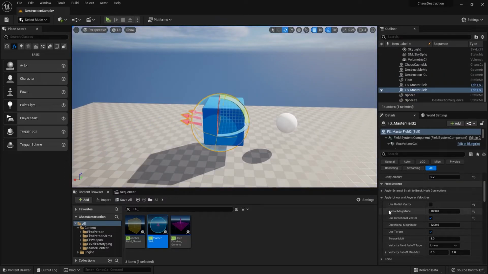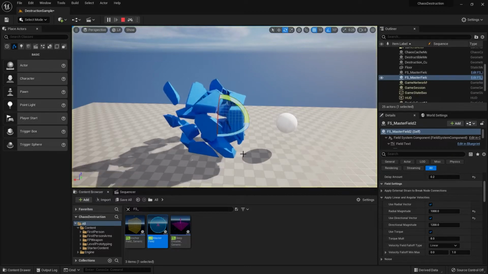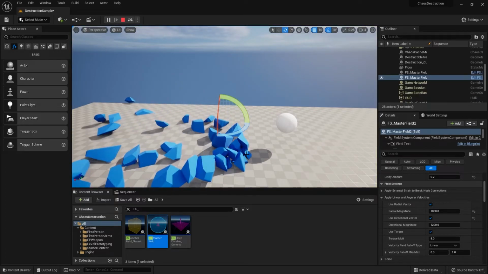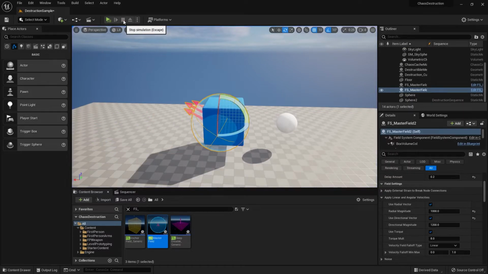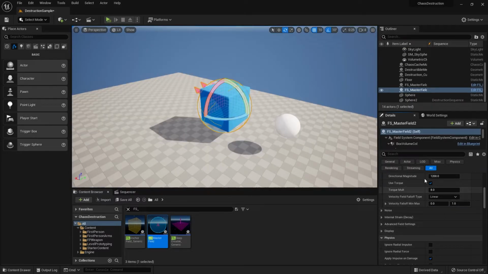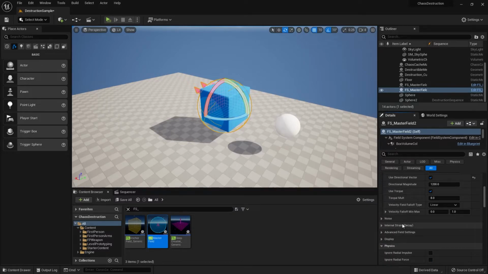So it comes in handy for choosing which direction you want the burst to go. And you can also have both open, something like this. So you can have them work at the same time to fit the needs of the explosions you want to use. As to all these other settings, I haven't really touched them before.